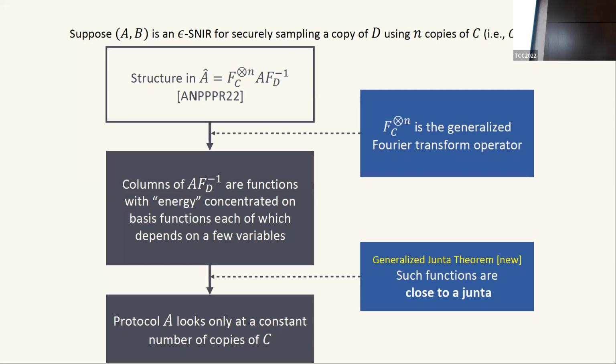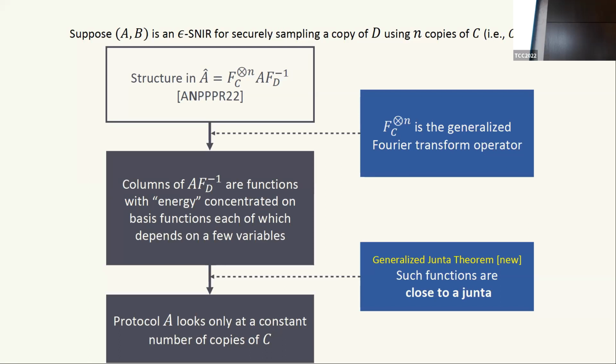So what goes into this? We start with a certain notion of spectral protocol. That is, A has a linear transformation that gives you a so-called spectral protocol A hat. And we realize that this A hat is, in some sense, a Fourier transform of the protocol A itself.